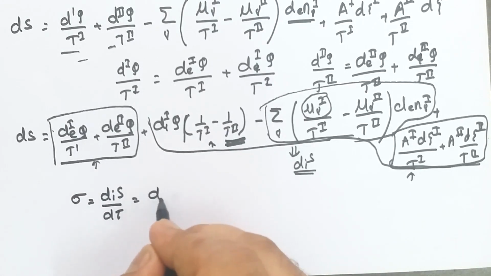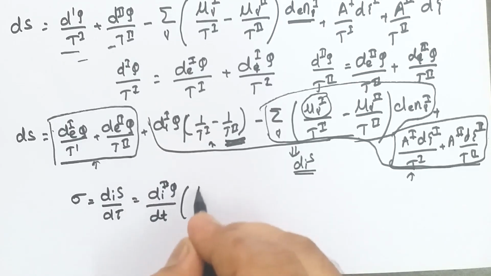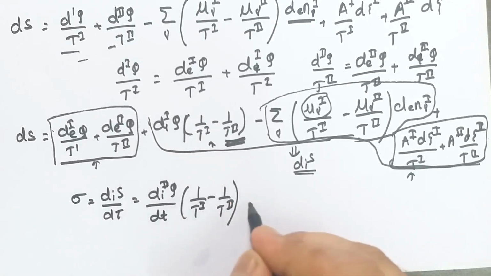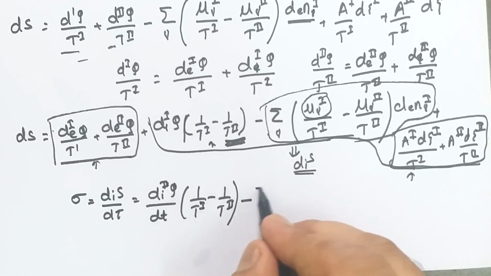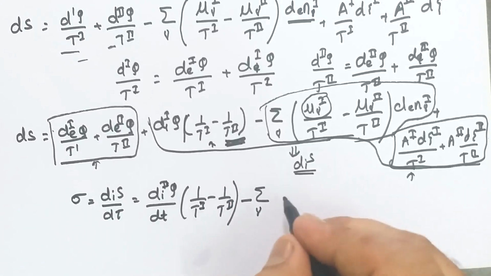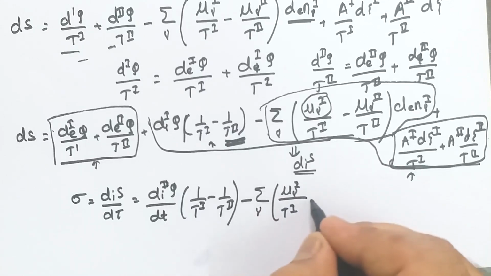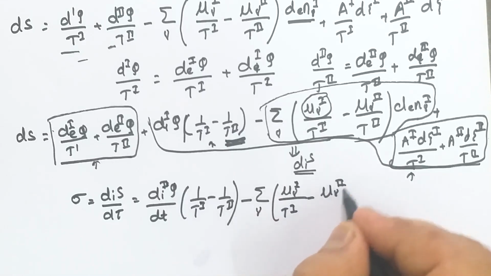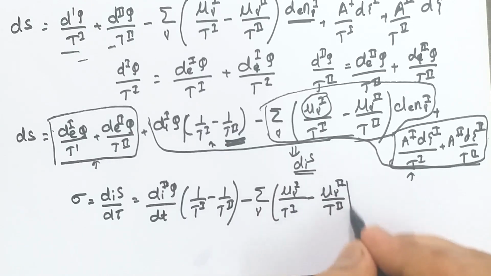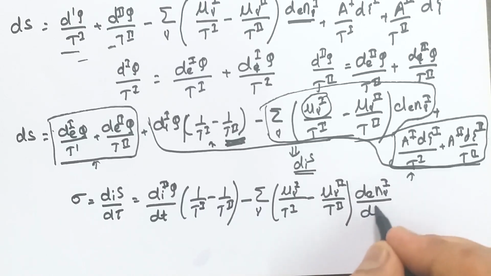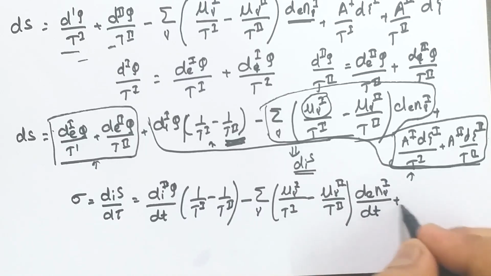This we can write as dS upon dt equals d_i phi upon dt into (1 upon T1 minus 1 upon T2) minus summation of gamma mu gamma (1 upon T1 minus mu gamma 2 upon T2) into dE n gamma I upon dt